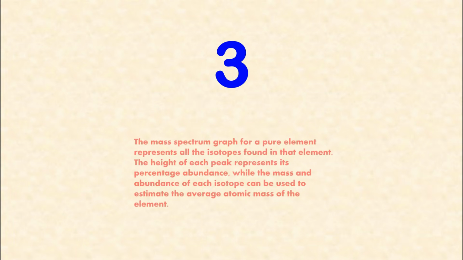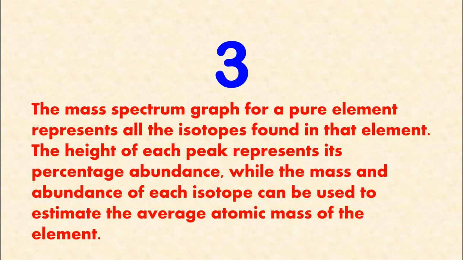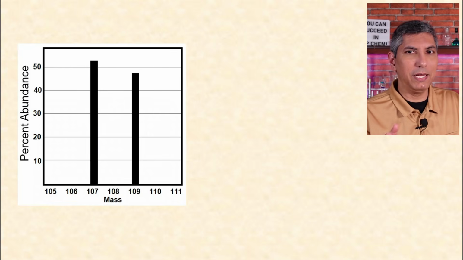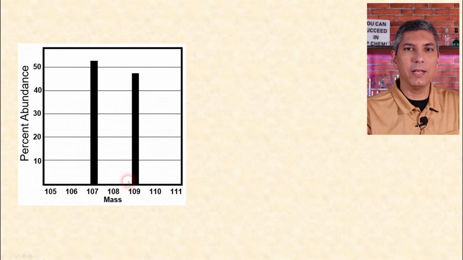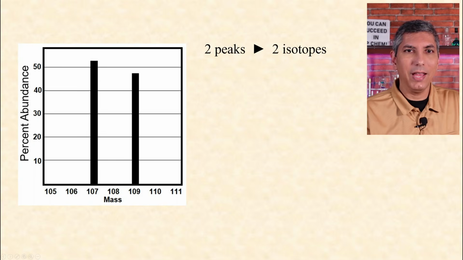Number 3. The mass spectrum graph for a pure element represents all the isotopes found in that element. The height of each peak represents its percentage abundance, while the mass and abundance of each isotope can be used to estimate the average atomic mass of the element. When you see a mass spectrometer graph like this, we see it has 2 peaks. That means this element has 2 isotopes, and the height of the peak represents how abundant each of those isotopes